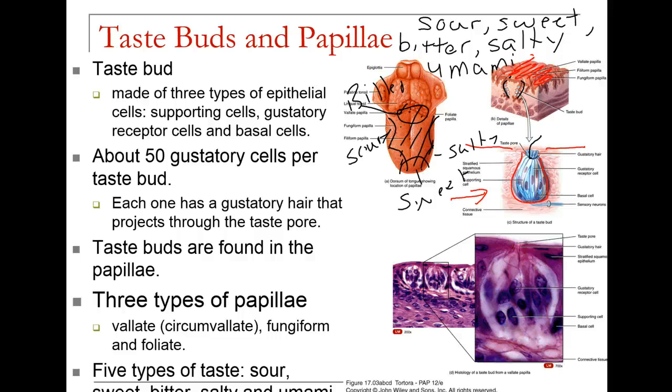And not just on your tongue, you have some taste buds on your soft palate. You have some taste buds that are found all the way back in the tube in back of your oral cavity called your oropharynx. So they are scattered throughout your mouth, concentrated on your tongue, and they will be somewhat concentrated into some different zones. But I wouldn't pay too much attention to the zones,